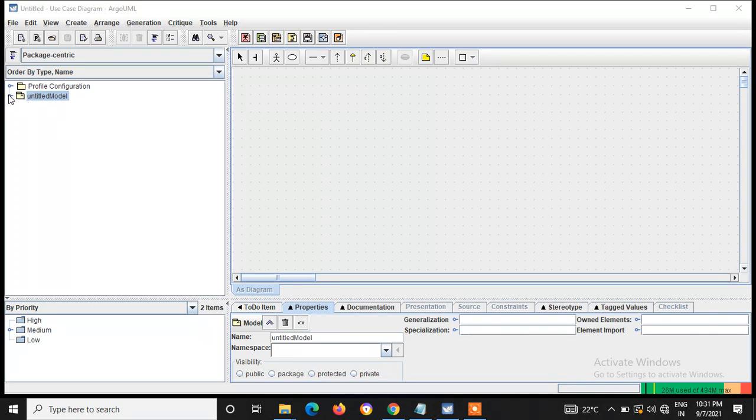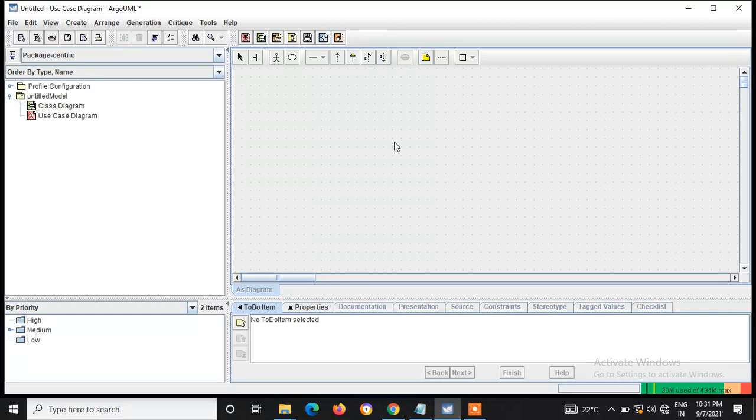Before getting into that, you can check it out here. Under Untitled Model, you have two, the class diagram and the use case diagram. Whatever you draw here will come under here. If you want, you can name it here. You can see Untitled Model. If you want, you can name it as your project name. So let us go for our first